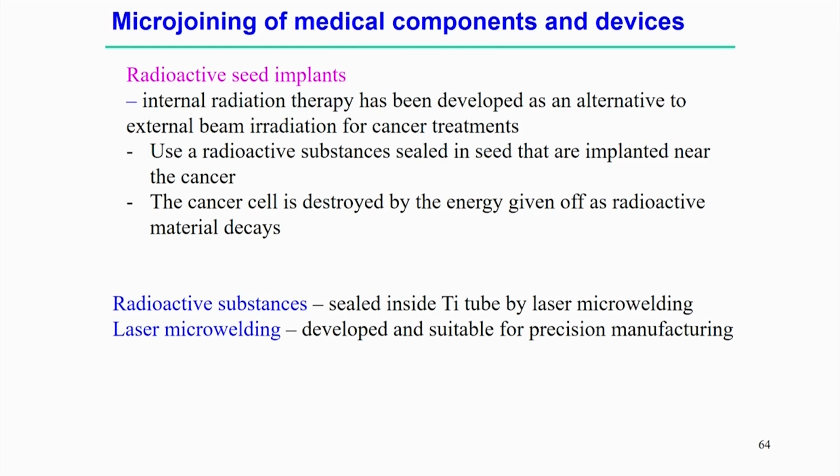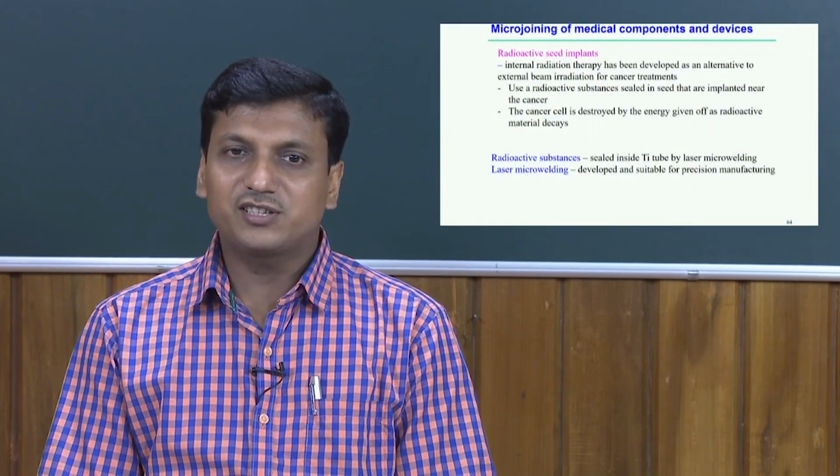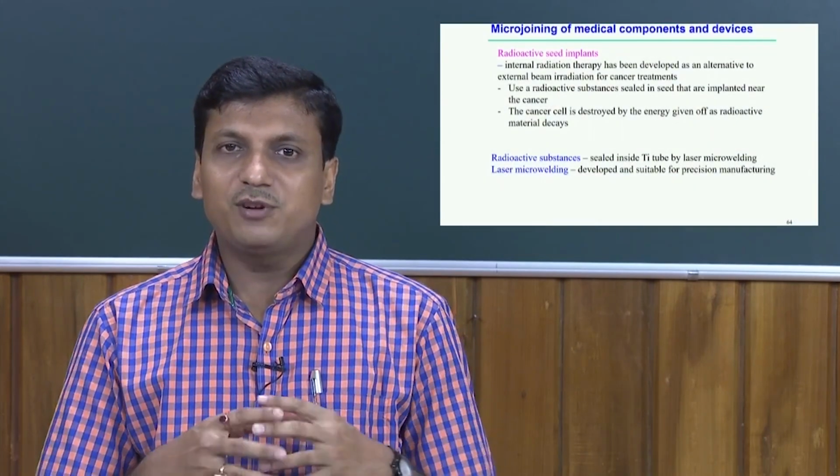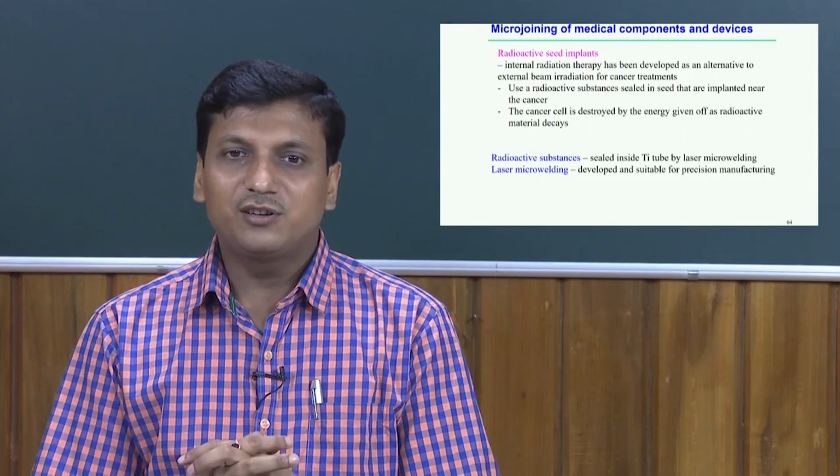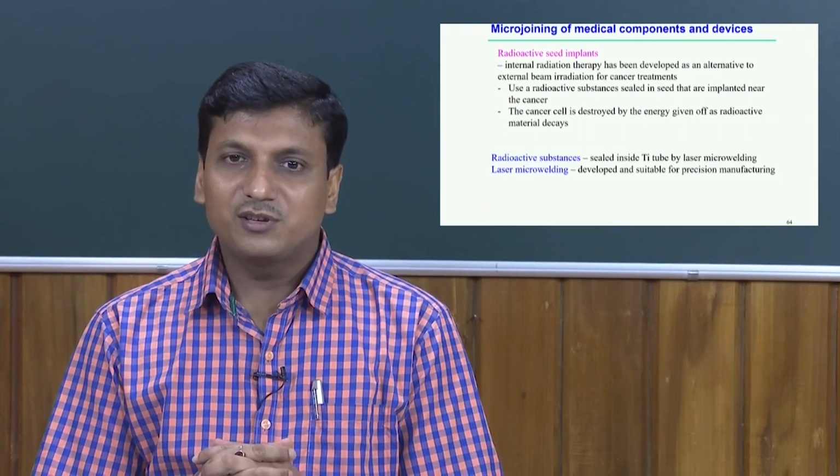But the issue is the sealing of the radioactive substances, which is generally done in a titanium case using the laser microwelding process. That is the application of microwelding in this case. But the difficulty is that although we can use the laser microwelding process, we need to control the heat affected zone to the radioactive material. So that's why it is necessary to develop a suitable process methodology using the laser microwelding process